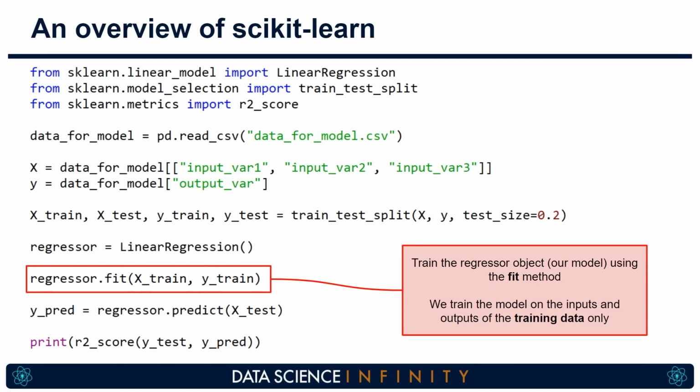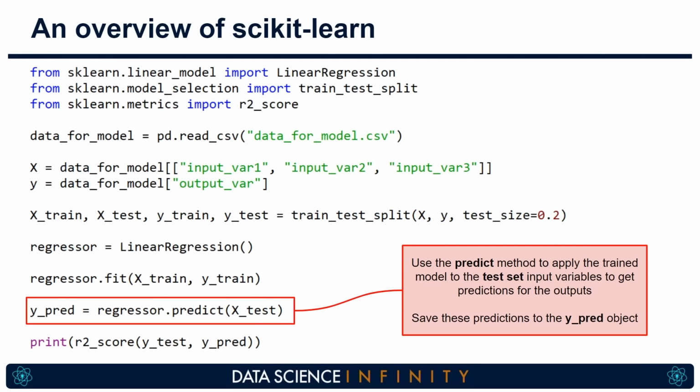It really makes machine learning clean and easy. So once we have run this line of code, our model will be trained. Once that's done, we really need to understand if it's any good at predicting the output. In other words, did it find any predictive power in those input variables that could accurately predict the output?